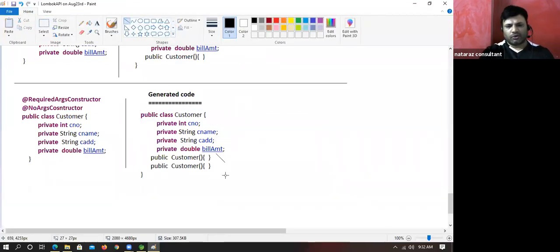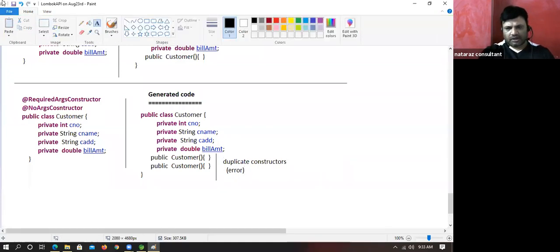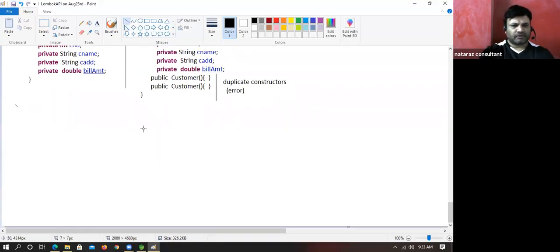Duplicate constructor, that's why error. Are you understanding my point there? Yes. Right. One more combination, let me give.